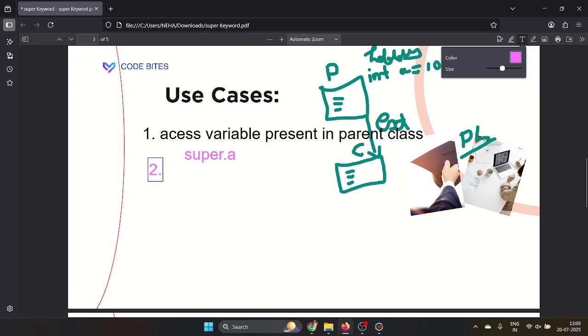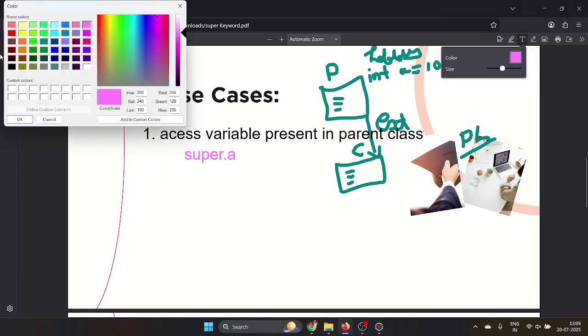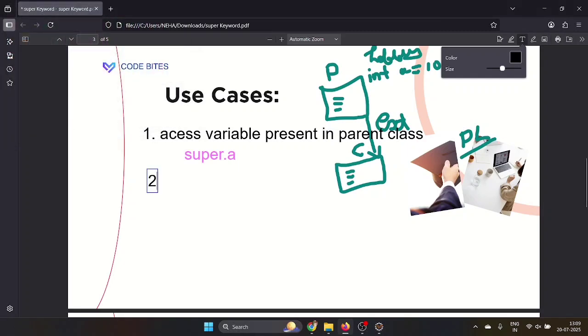Okay, the second scenario where we are going to use it: let's take that there is a child class and a parent class.